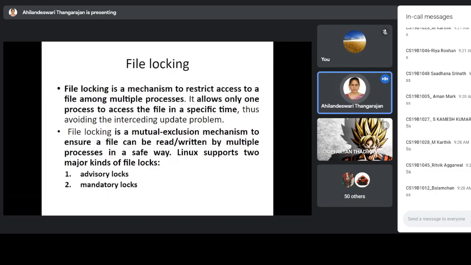So only one process can access the file at a specific time. It is a mutual exclusion mechanism to ensure a file can be read or written by multiple processes in a safe way. So you will have 2 types of lock, advisory lock and mandatory lock.